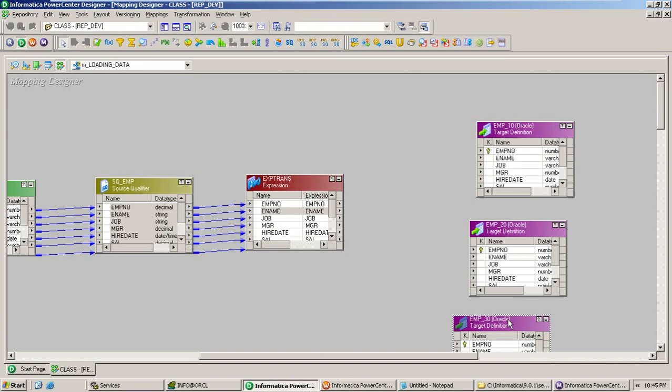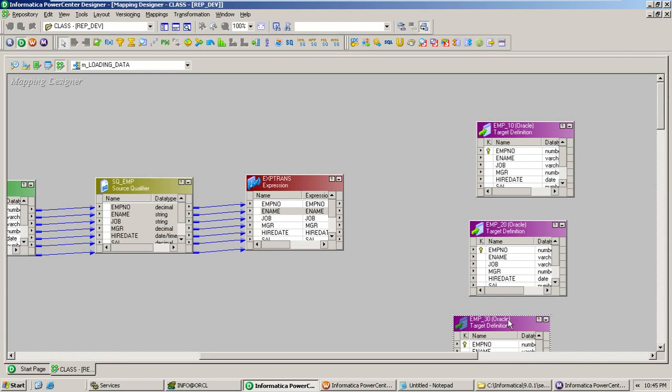And when the fourth record comes, 4 divided by 3, 3 ones are 3, and the remainder is 1 again. And when the fifth record comes, the sequential number is 5, so 5 divided by 3, again 3 ones are 3, so 5 minus 3, again 2, correct? Again when the sixth record comes, 6 divided by 3, 3 twos are 6, so the remainder is 0.